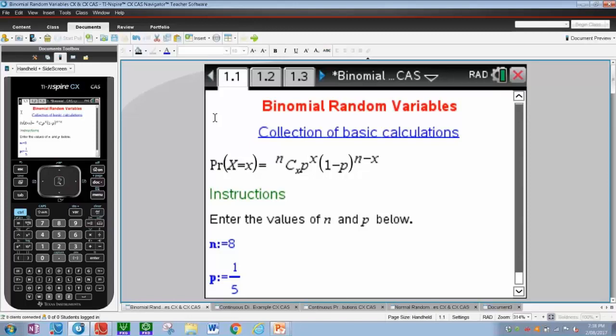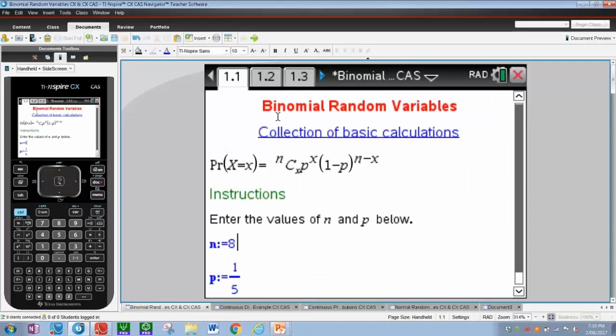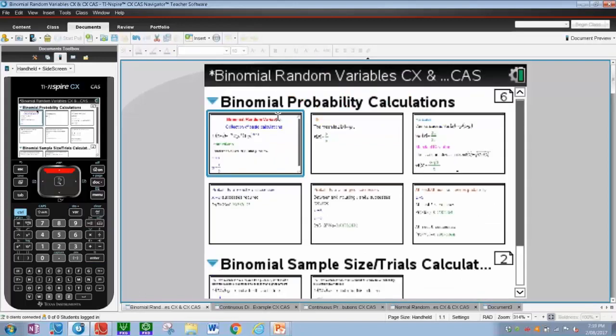I'll just quickly run you through a little tour of what I've got here. This is what I call a pre-made notes page. You take this page as it is, transfer it to the students' handhelds, and if they need to do any sort of binomial calculations, at least any of the basic ones, they can open this file up, enter their relevant parameters, and take it from there. It's by no means exhaustive of everything you would actually need, but for a basic understanding, and when you're starting this particular topic, it's a really good idea to have this on the students' calculators, and then they can work through it as it goes along.